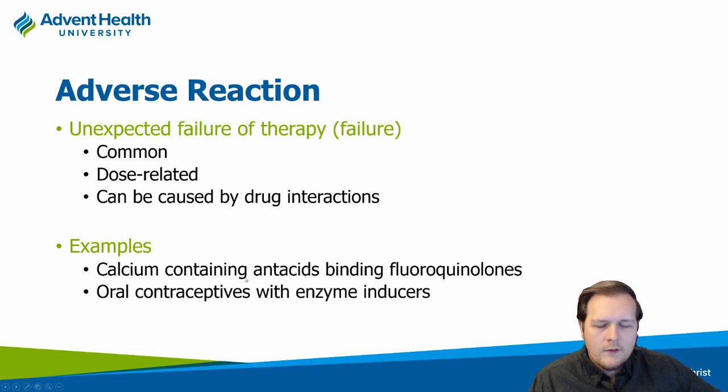So that's one reason. Another good example would be oral contraceptives. This is a big one where you can actually find that if you have enzyme inducers, like actual liver enzyme inducers, this can increase the metabolism of things like estrogen pretty significantly. Normally estrogen as oral contraceptives suppress ovulation. It can actually eliminate the drug fast enough to where actual ovulation can occur. And as you might imagine, you get a surprise pregnancy, right? I'd consider that a pretty big adverse reaction if you were not intending to get pregnant in the first place,